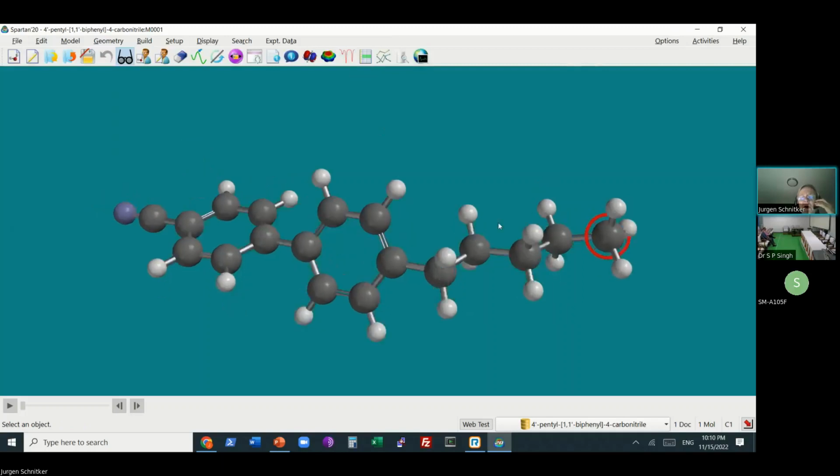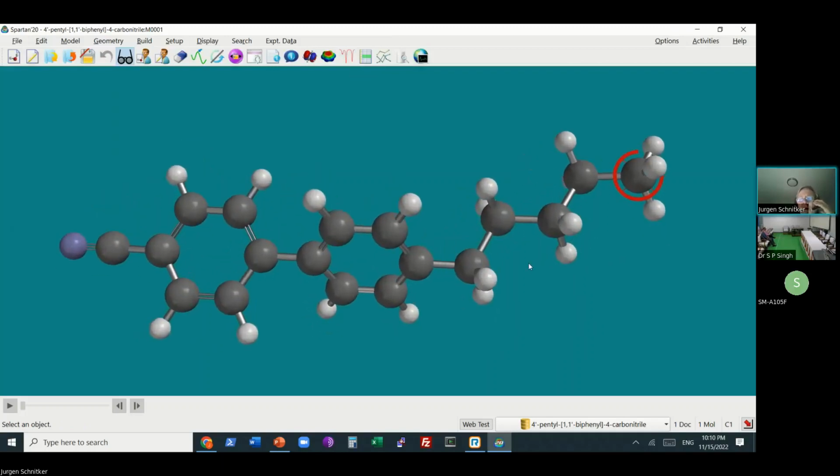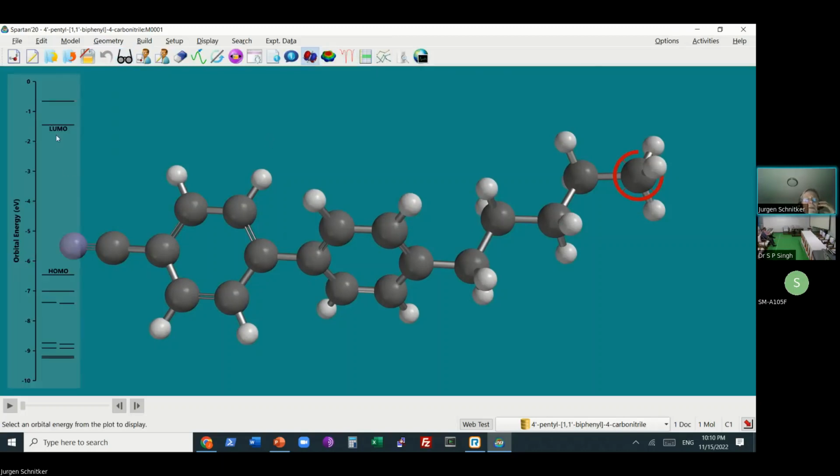First of all, we calculate the wave function, and obviously, we have molecular orbitals. It's molecular orbital theory that we are using. So if I click on orbital energies here on the left side, it immediately shows me the orbitals from the HOMO down, the another 10 down here and 4 up there or something. But in principle, they are all known, of course. You can request all of them.